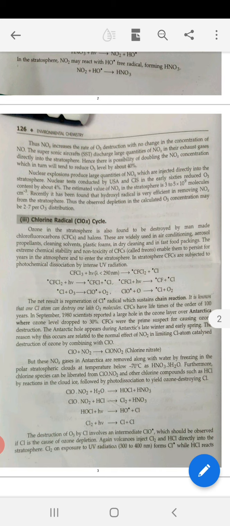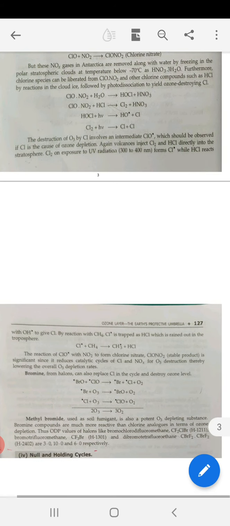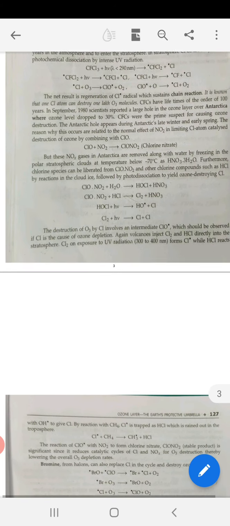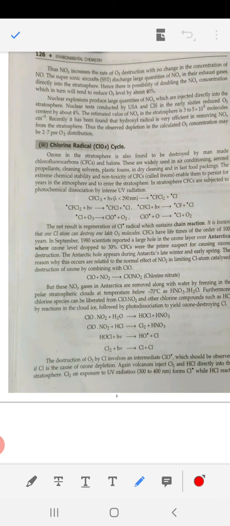Now, the third thing which is responsible for the ozone depletion is the chlorine radical, the ClOx cycle. Ozone in the stratosphere is also found to be destroyed by man-made chlorofluorocarbons, CFCs, and halogens. These are widely used in air conditioning, aerosol propellants, cleaning solvents, plastic foams, in dry cleaning and in fast food